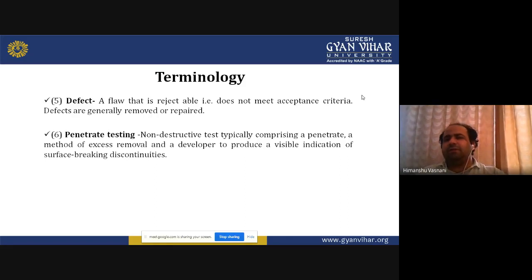Then they try to find out what should be done. Because it was difficult to test, it is either showing as a defective piece or defective sample, so it should be removed and a new one installed. And if it cannot be removed, or it has fewer defects, then how it should be repaired. Okay, so in certain cases only this penetrant testing is done.